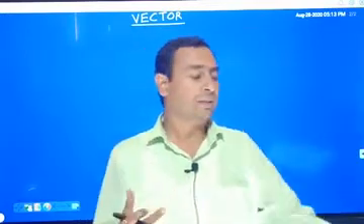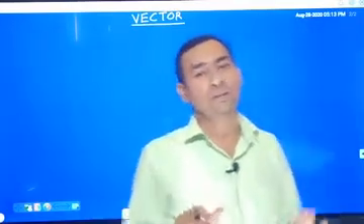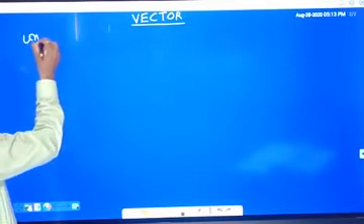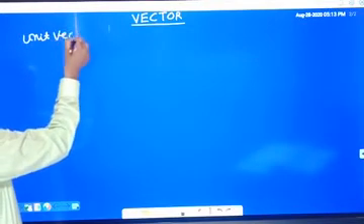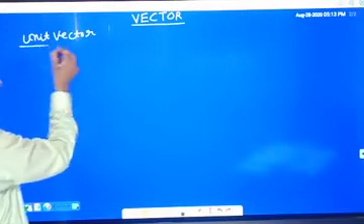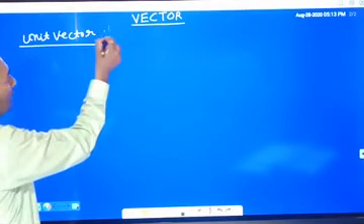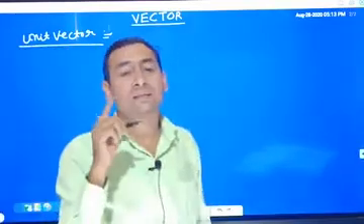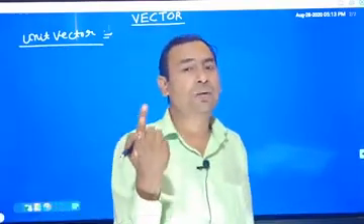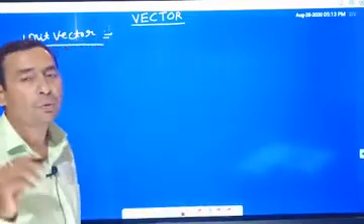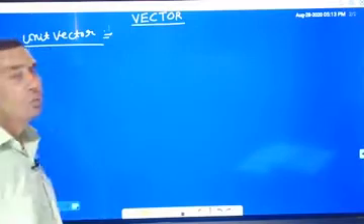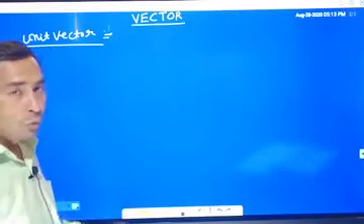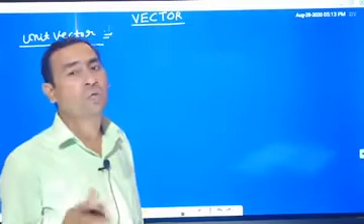Okay, next topic is unit vector. It is very important. What is the next type of vector? Unit vector. By the name, unit vector. Unit means a vector whose magnitude is unity, 1. The vector which has magnitude 1 is called a unit vector. It only shows the direction of any vector.